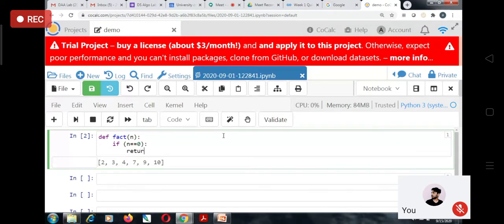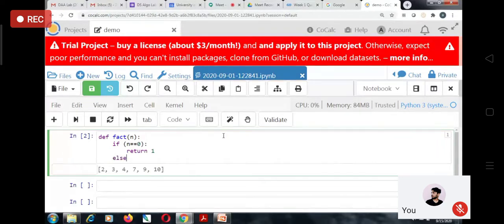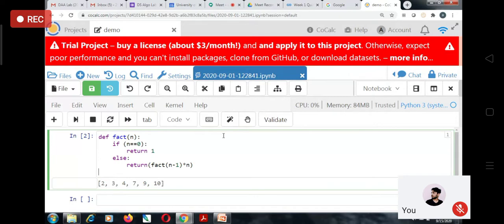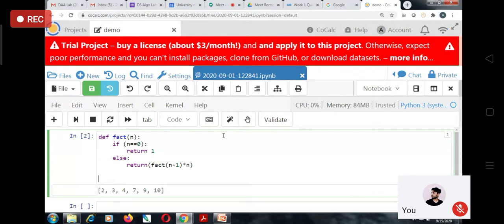Otherwise we will return fact of n minus 1 into n. Right? This is basically the recursive function for factorial. You already know this function from your C program.